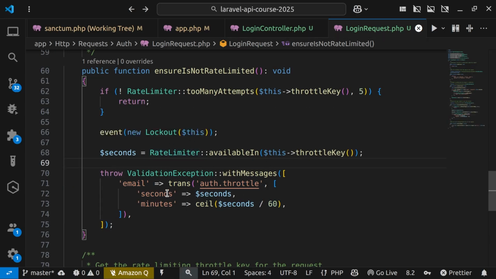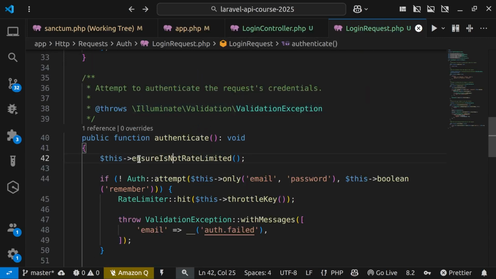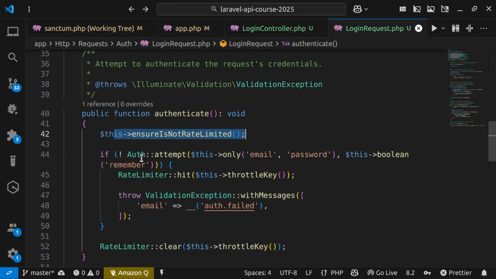Okay, so that's the whole story. We're going to talk about rate limiting, by the way, in this course. And I'm going to give you examples how you can add the rate limiting into your application. But for now, this is what it does. Let's go back. And if the rate limiter is not hit, and if the exception is not thrown, basically, then